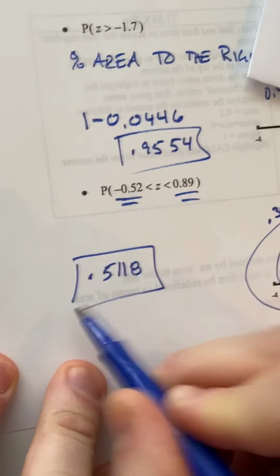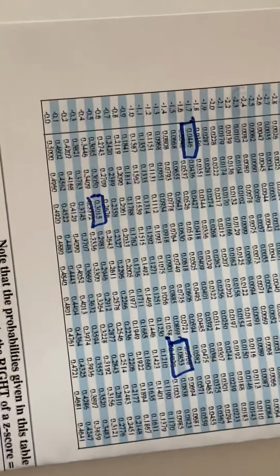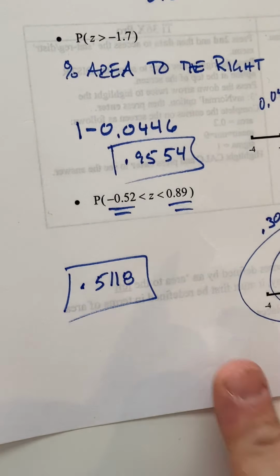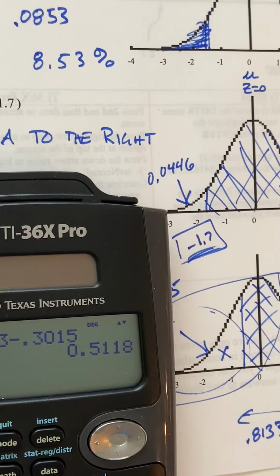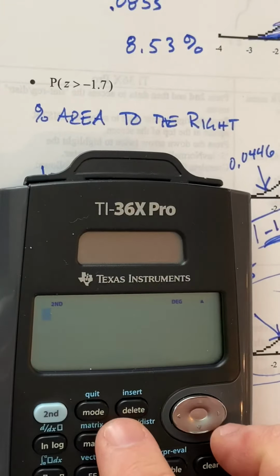Slightly different than our filled in notes because the filled in notes used our calculator and didn't round. The bad thing about using these old-fashioned z-score tables is they round to the nearest thousandth in both cases, and then you subtract. Last time, guys, let's use our calculator, clear that out, shift data,